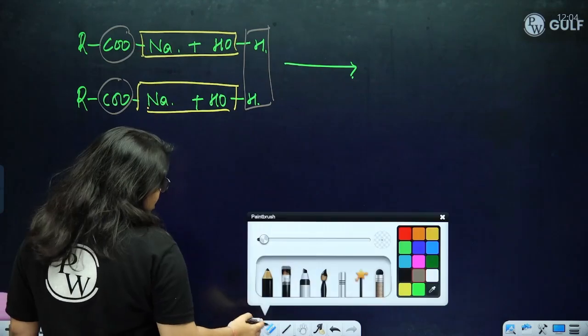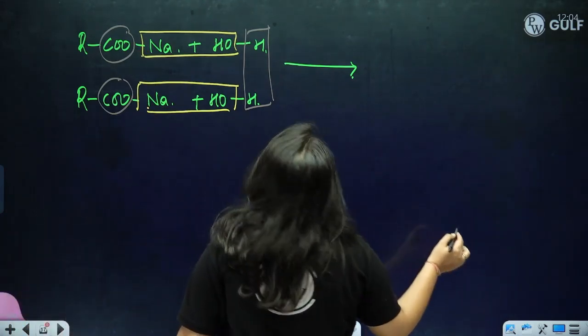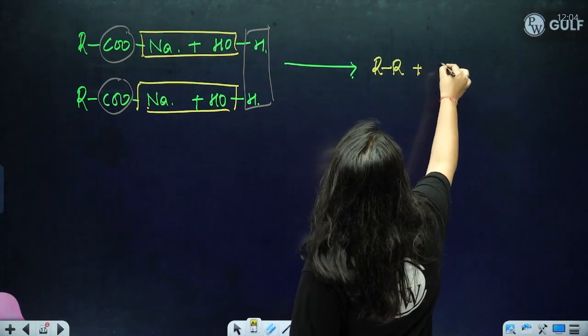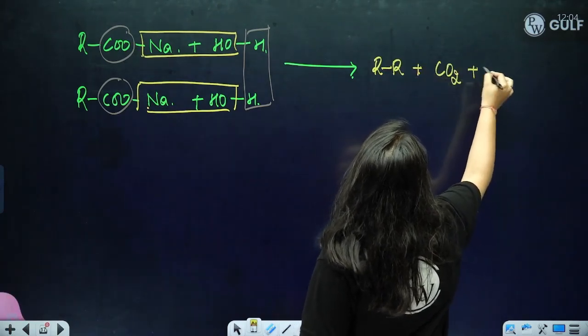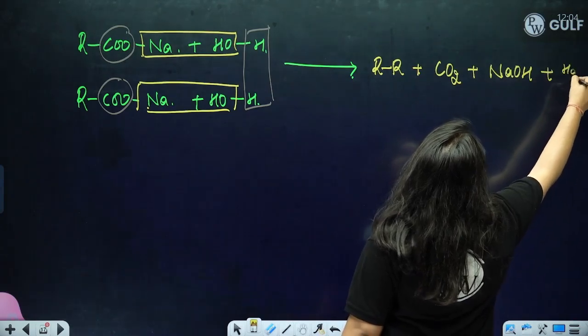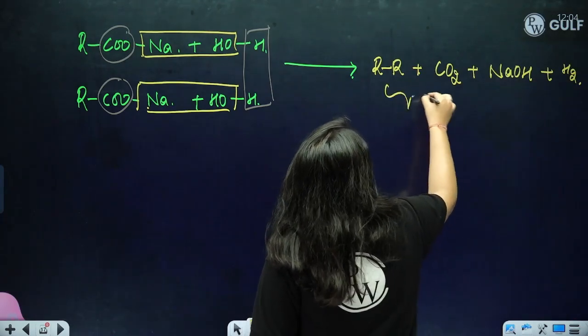You will end up getting R single bond R plus CO2 plus NaOH plus H2, where R-R is